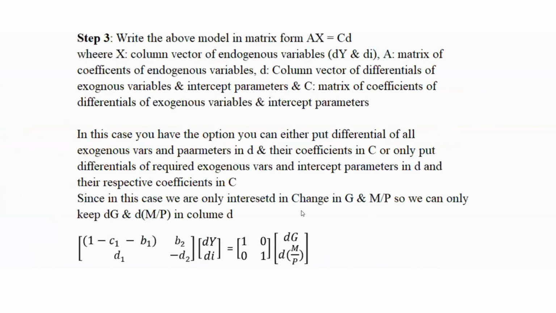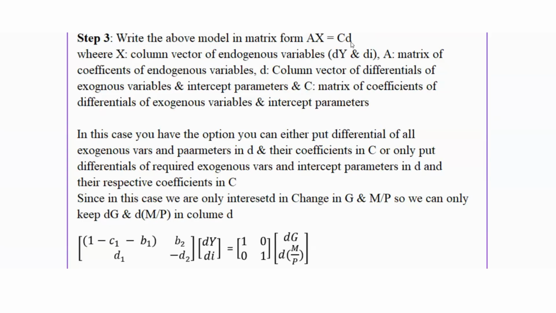And then step three was you write the model in matrix form: Ax is equal to CD. X was your column vector of endogenous variables, in this case dy and di. A was the coefficient matrix. D is supposed to be a column vector of differentials of exogenous variables and intercept parameters, and here we'll only put the differentials of those exogenous variables and intercept parameters that we're interested in changing and seeing the impact of this change on the endogenous